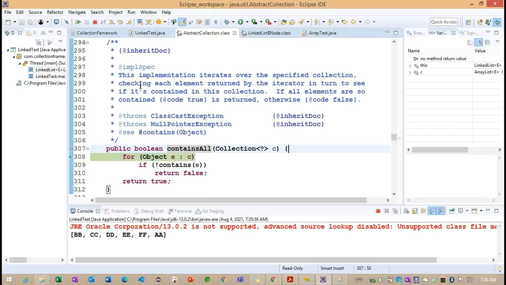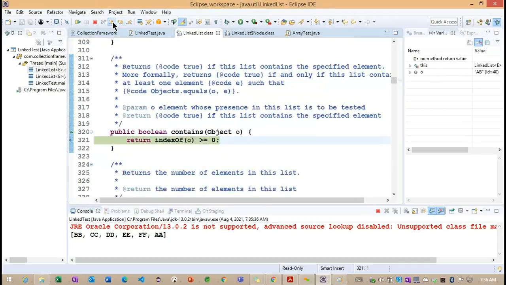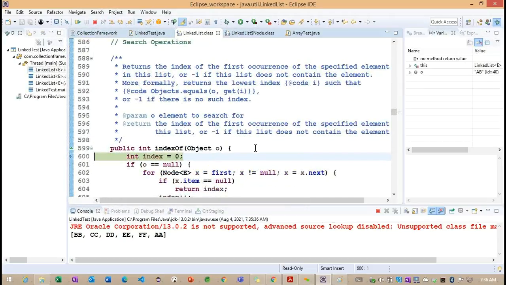Now you can see we are having a loop here, and internally we're calling the contains method. So what they are doing here internally, they are calling the indexOf method, and we'll go for the indexOf here.